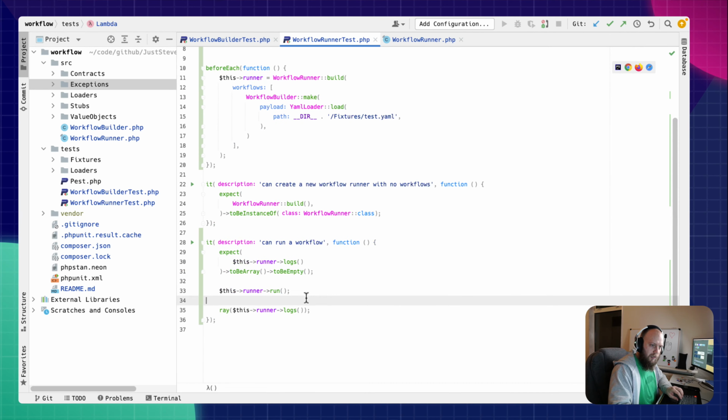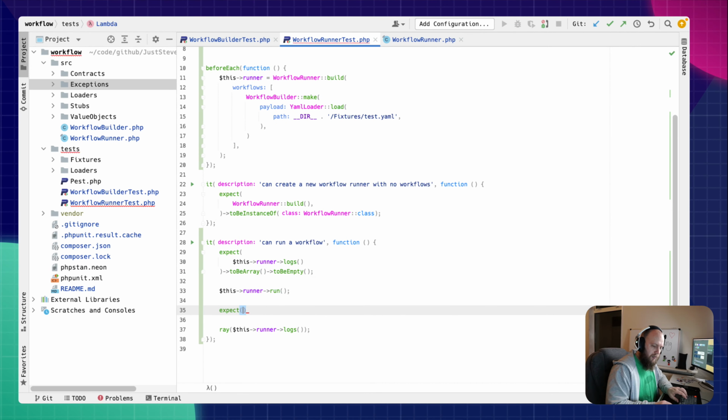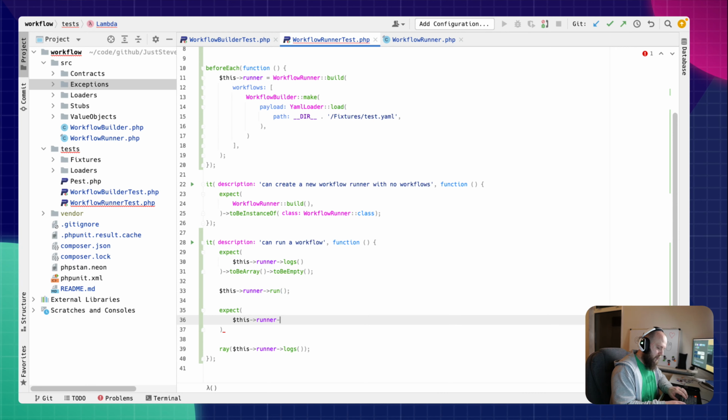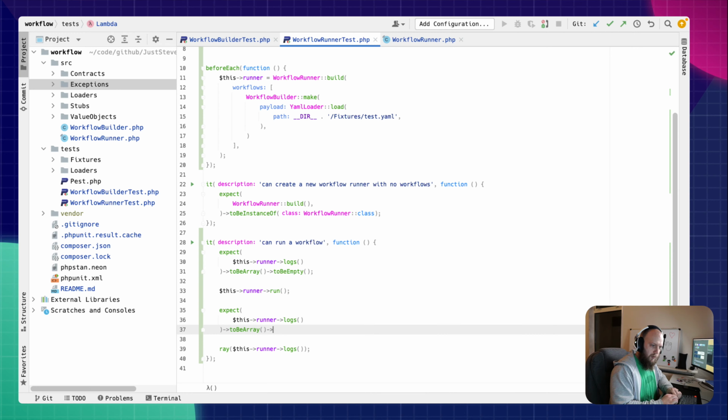Then we run, and then we can say expect this runner logs to still be an array. Okay, so to equal an array